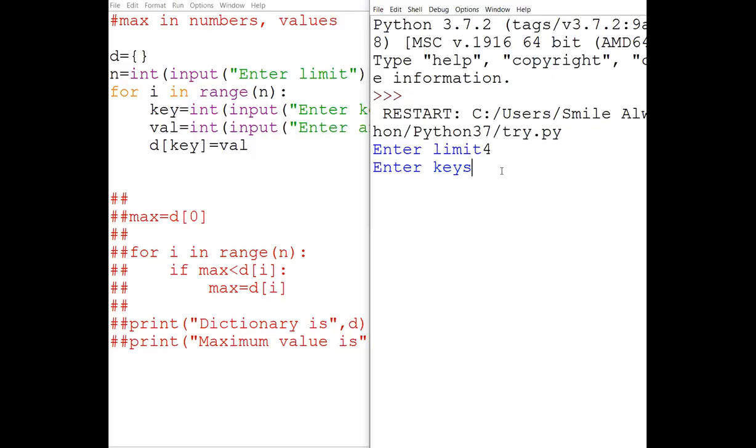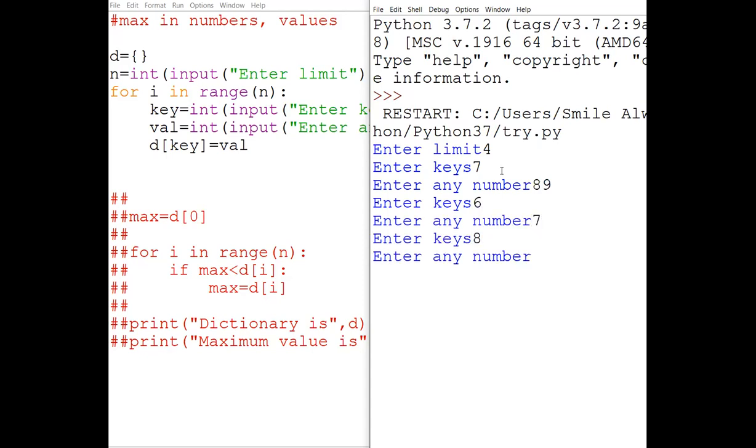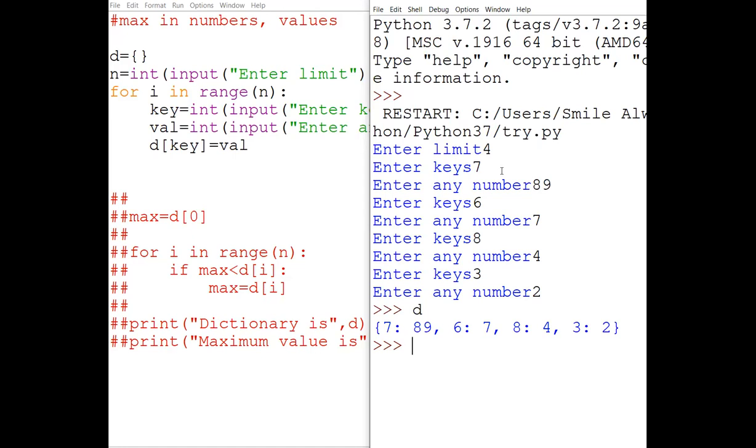Therefore D dot keys was not giving you the proper answer. Suppose now I'm entering 7, 8, 9, 6, 7, 8, whatever. Okay, now if I print D, this is my dictionary. D of I will give me values.